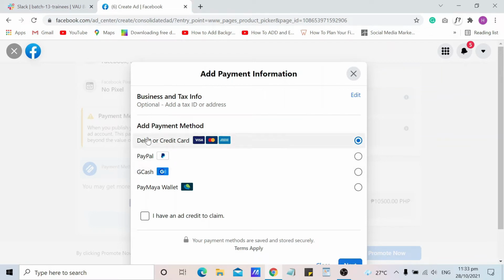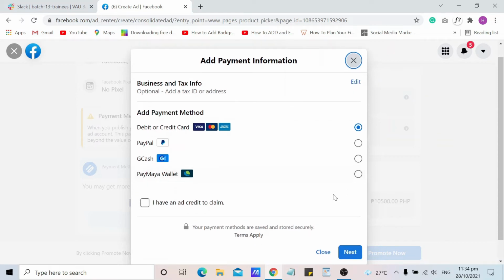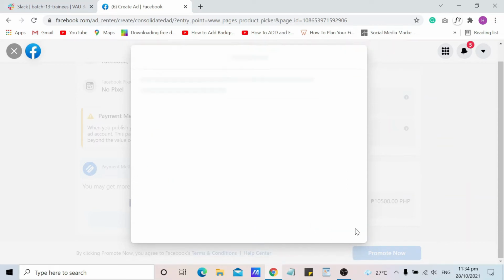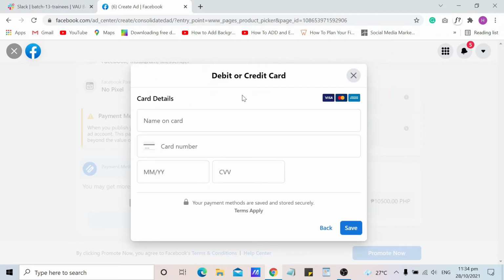You can select debit or credit card, whether Visa, MasterCard, PayPal, GCash, PayMaya wallet, and then you can check this box, I have an ad credit to claim. Then click next. You can enter the card details here. Then click save.